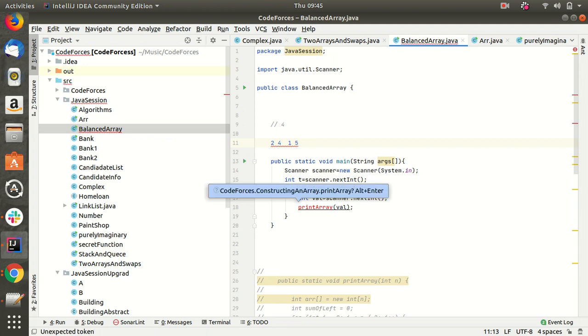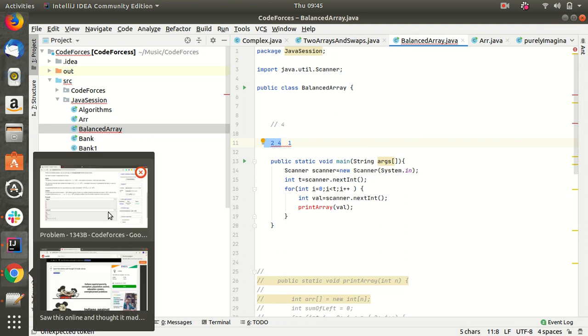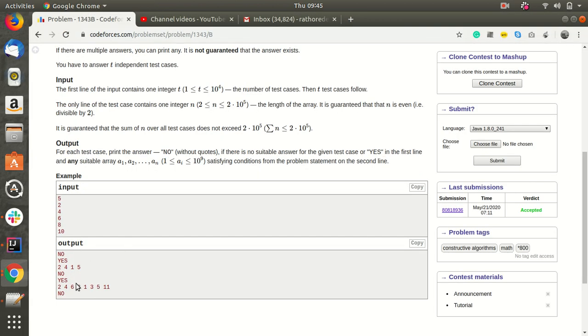If it is not possible, then what will happen? Let's take the example of 6.